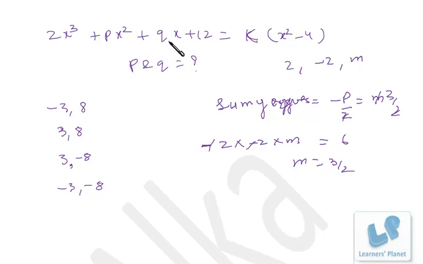After that, we have to find out the value of q. We have two options for q, 8 or minus 8. So definitely we have to calculate. Now the coefficient of x is q, and in the cubic equation, the coefficient of x is the sum of the roots in pairs, right? I put m as 3 by 2. Quickly make pairs and find their products and add. So 2 into minus 2, minus 4. Then 2 into 3 by 2, that's 3. Minus 2 into 3 by 2, that's minus 3. So that is actually q by 2, right? So q is actually minus 8.